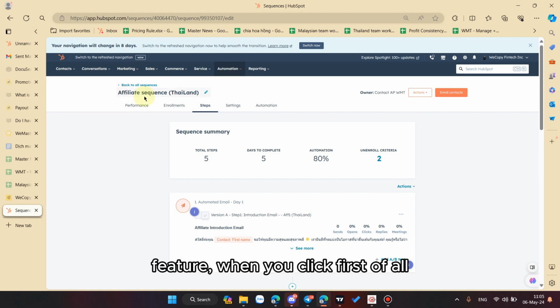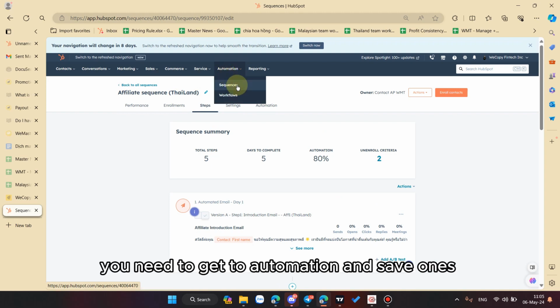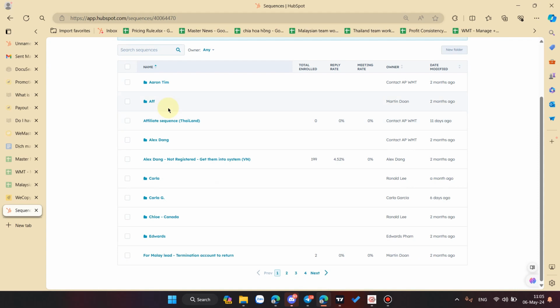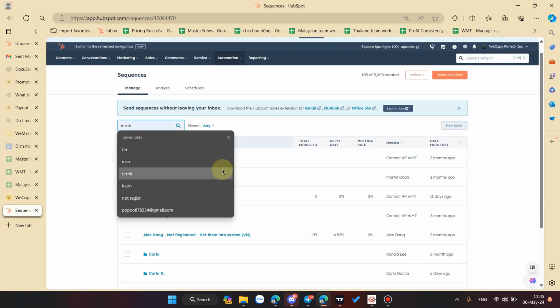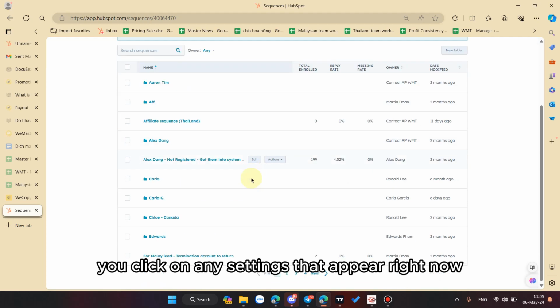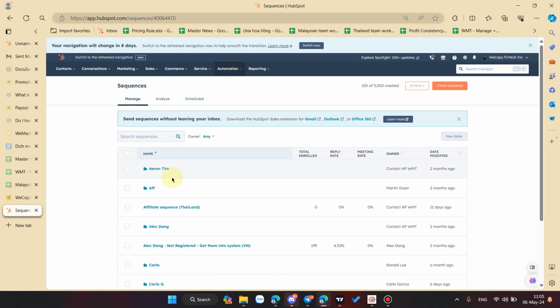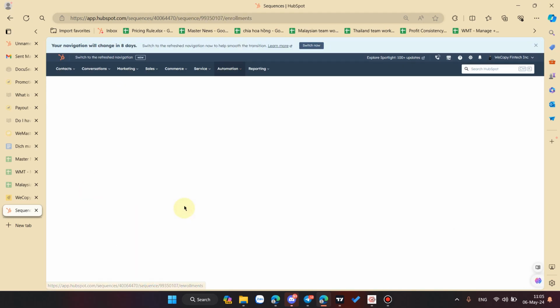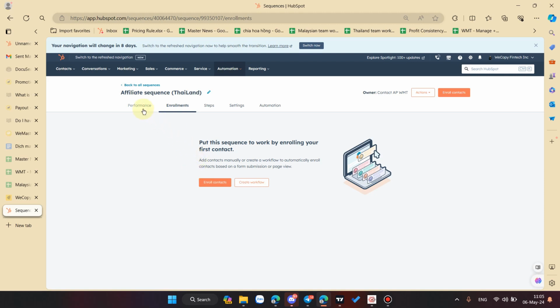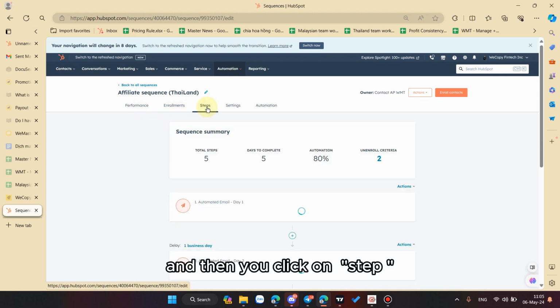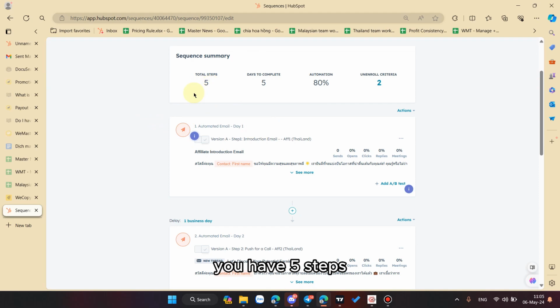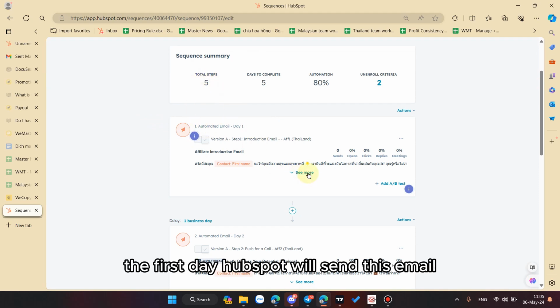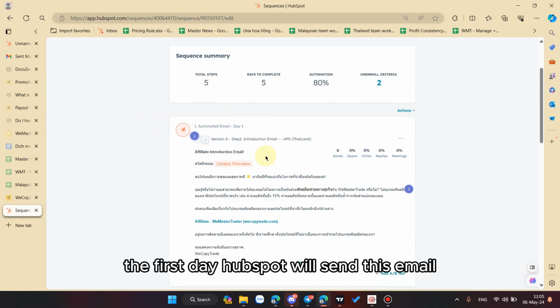feature. First of all, you need to get to automation and sequences. Then you click on any sequence that appears right now. See. And then you click on a step. Yeah, you have 5 steps. On the first day, HubSpot will send this email.